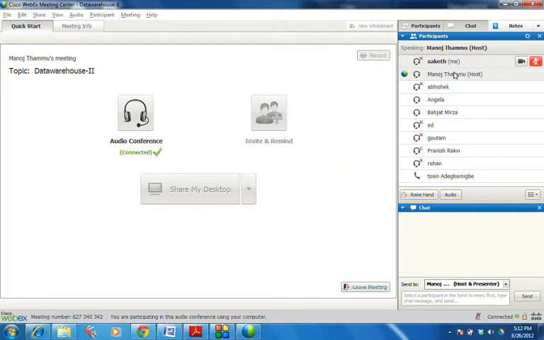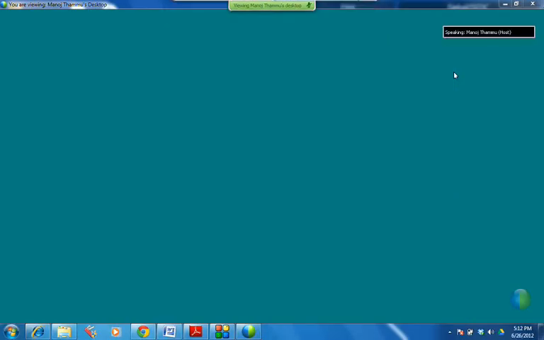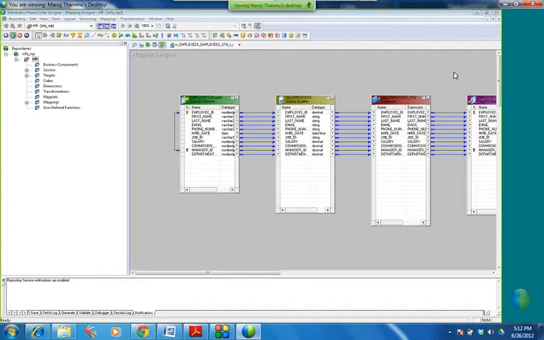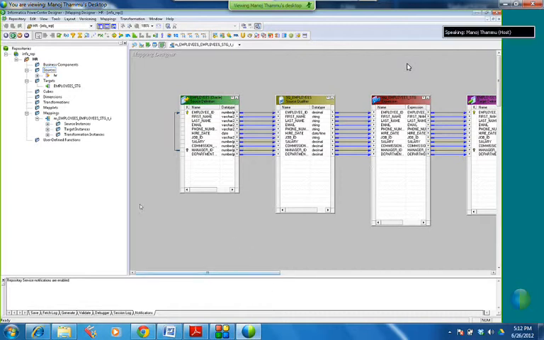Okay, guys. So you are able to see my screen right now? No, not yet, right? Share my desktop. Sorry, are you able to see my screen now? Yes, Manoj. Okay. So yesterday we were doing a sample mapping in Informatica, and Gautam and Abhishek, if you want to stay, I still did not create a separate session for you. I'll be doing that today. I was busy yesterday also. So if you can stay, you can stay. Otherwise, you can log in at 9 o'clock after 1 hour for BODS.